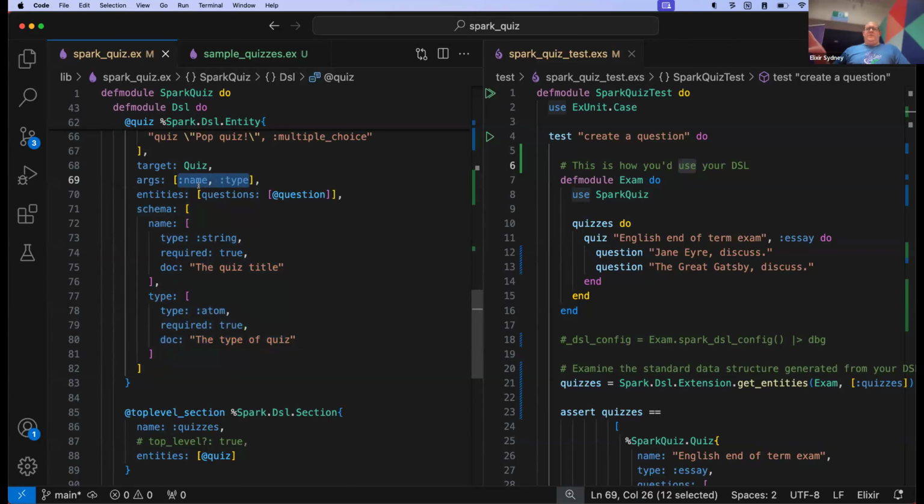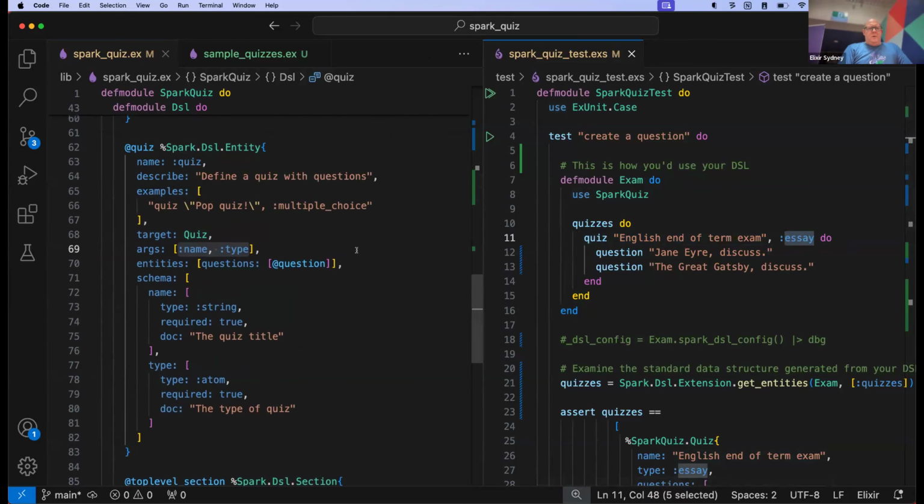Otherwise, they are defined by default inside of the section. So we could actually say over here, that could be the name of the quiz, and this could be set inside the body. But by using args, we've made them positional arguments. All right, and so that's the quiz.